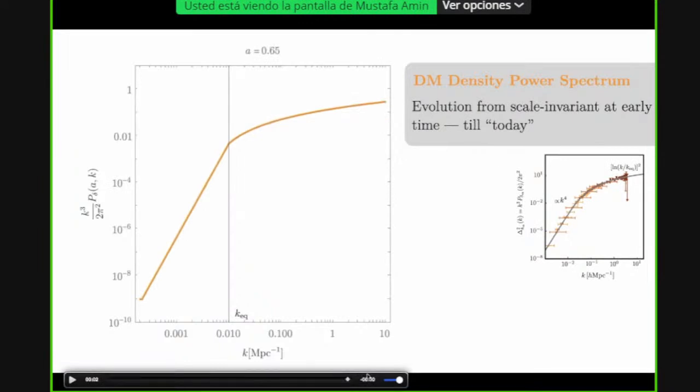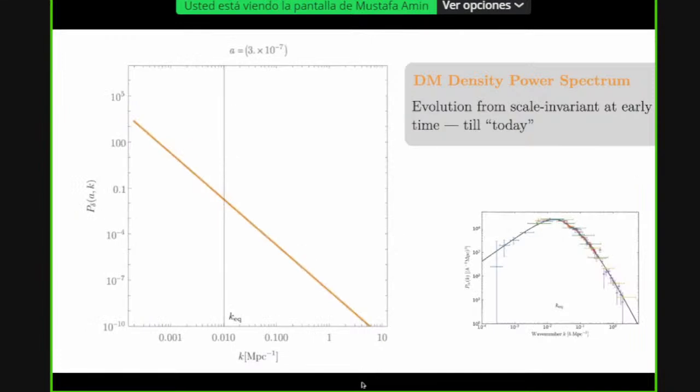Why is there a slope here? Because the mode has to enter the horizon to grow. So if it enters later, it grows less. So now we have this shape, and that's precisely the calculation we just did. It's k to the fourth and the logarithmic part. Again, just to really stress this